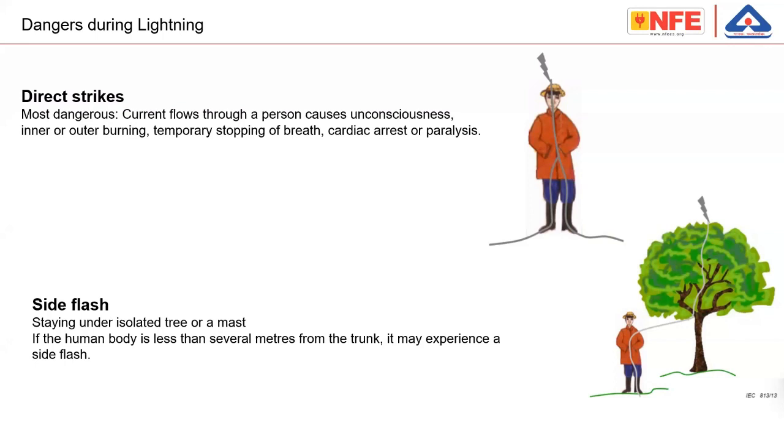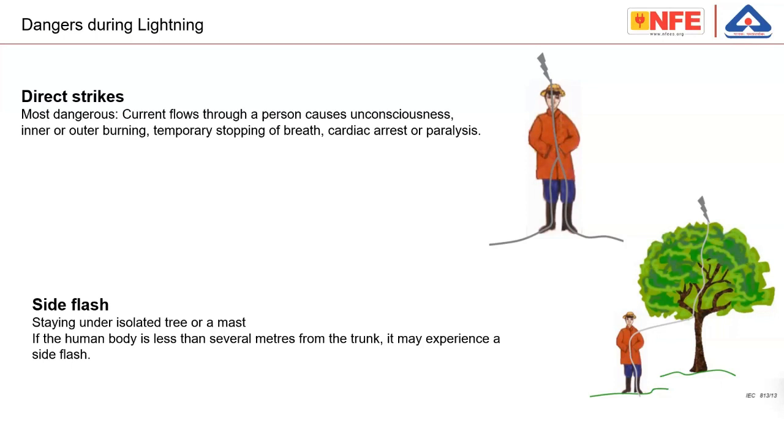Side flash means lightning is hitting something, and from the place where the lightning current is flowing, there is a chance that current may jump into the body of the person. For example, instead of a tree, imagine a wooden pole. There is some propaganda going on in India: you use a cycle tire and a wooden pole. If you have an 8 millimeter conductor connecting the cycle tire to the earth electrode, and the joints are not proper,